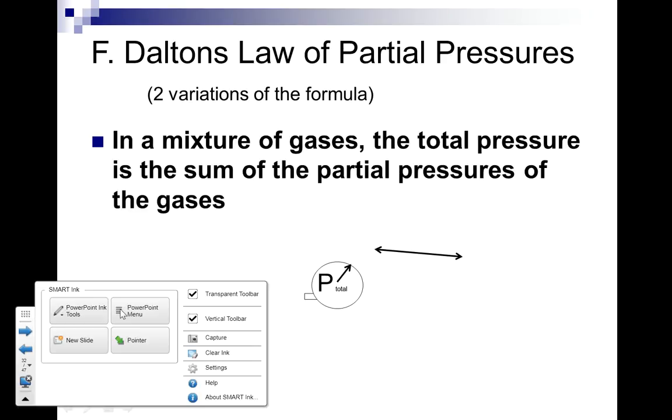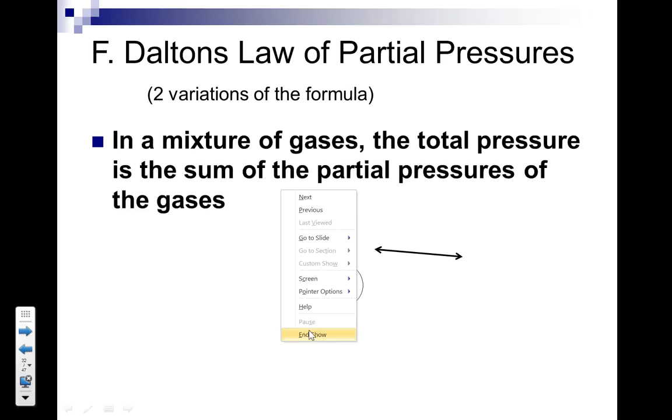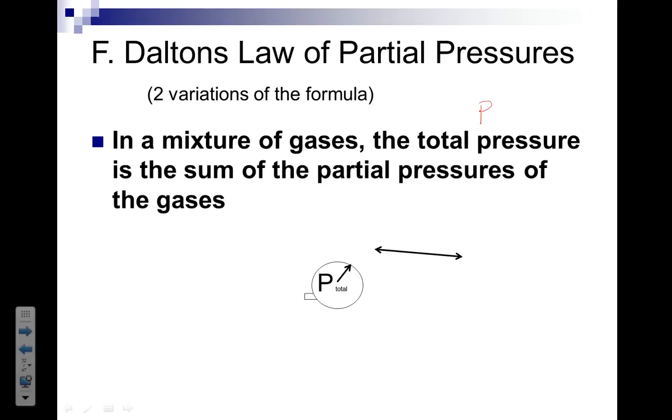All right, so let me get my ink pen ready. All right, so Dalton's Law has two variations. The first one I like to call the summation formula. What he said was when you have a mixture of gases, the total pressure, which we're going to call P sub T for P total, sometimes you see it written as P total,